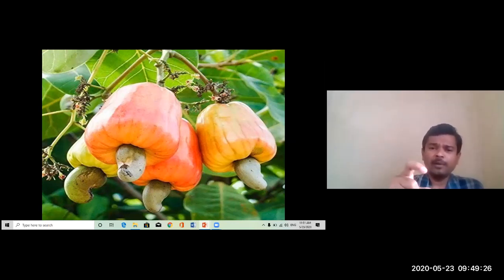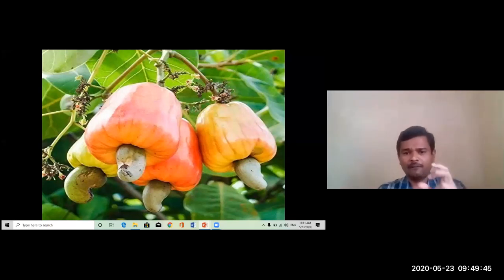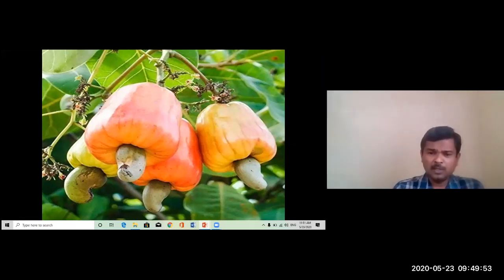What you are observing, that orange colored fleshy cup-like structure, we say thalamus or hypocarp. Hypocarp or thalamus is the false fruit. That fleshy orange part is edible, and it also has madhurasa. But at the lower surface, there the true fruit is seated. Like this only, Ballataka fruits are also present. I want to show that picture also here.